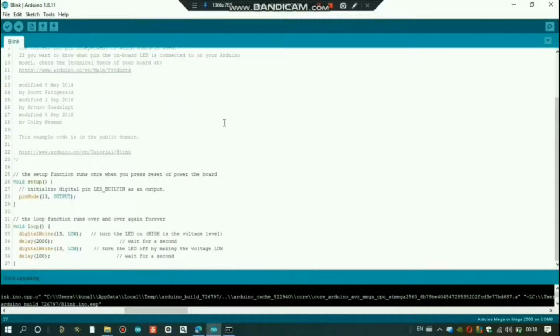Remember one thing: when you read a memory code from an AVR chip and store it in a hex file on the PC, and then upload that hex file to the same AVR chip series to make it run. Like if you read the flash code of an Atmega 2560, then upload that hex file which you stored on the PC to the Atmega 2560 only. It will not run if you upload that code on an Atmega 328 or any other. It will upload, but it will not run because it will be a different microcontroller. Do tell me your opinions whether it works or not.